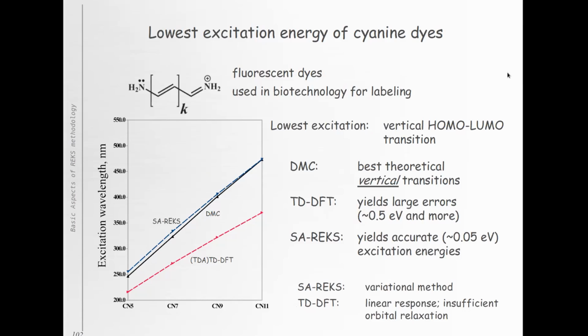The origin of this overestimation can be traced back to insufficient orbital relaxation in the excited electronic state, which is inherent in linear response TD-DFT. However, state average REKS, because it's a variational method, provides a better description of the orbital